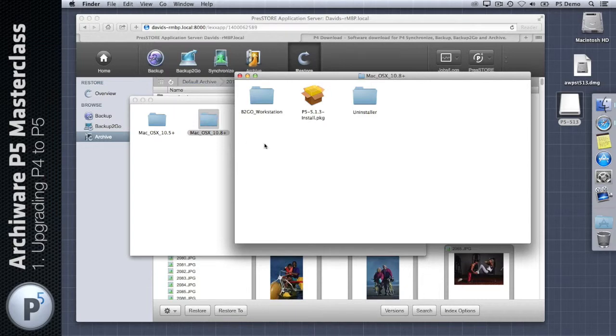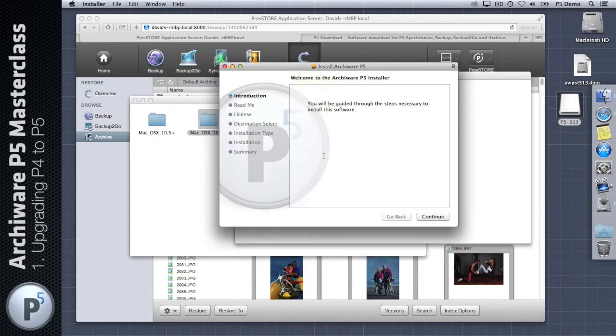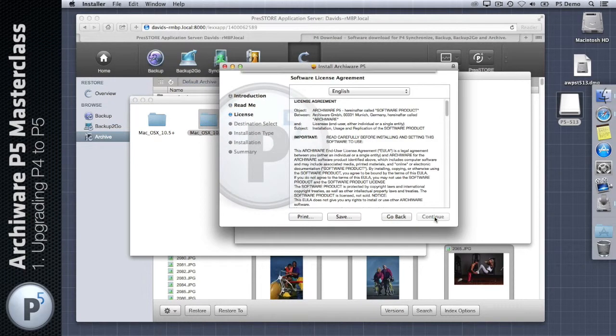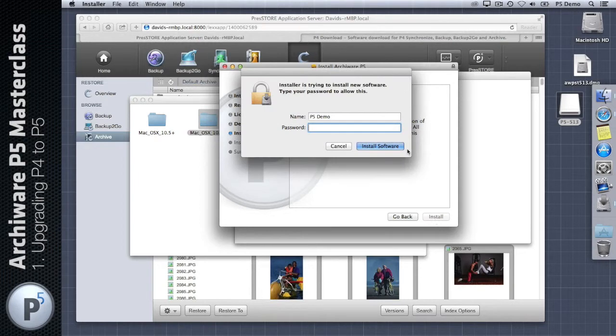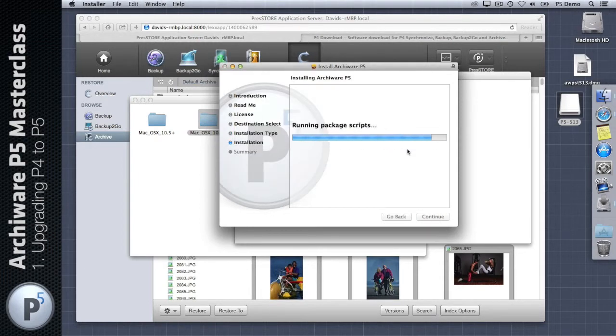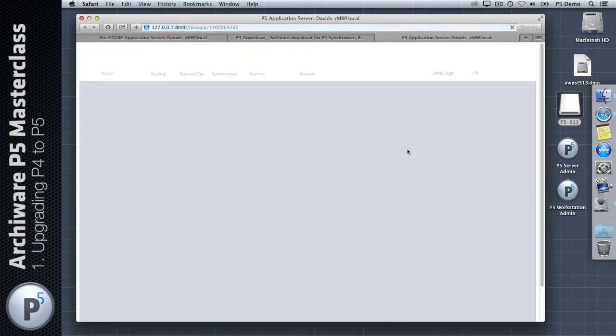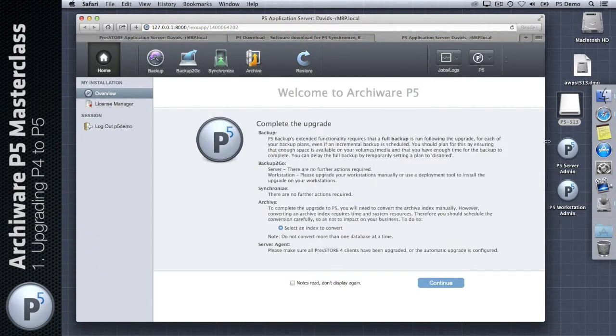So into the 10.8 folder, and I'm going to run the regular package installer and click through to allow this to start and begin the upgrade process from P4 to P5. And with the password, various files are overwritten, and then the delay at the end is the new version starting up. When you install Archiware, by default you always get a couple of desktop shortcuts to the web interface